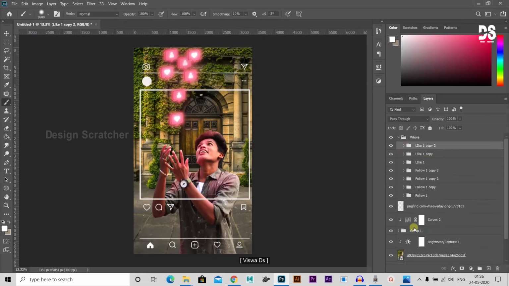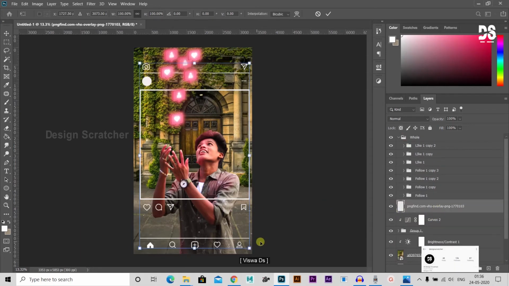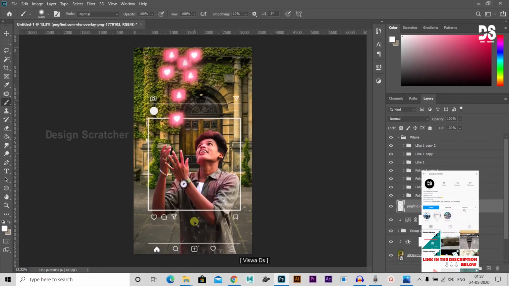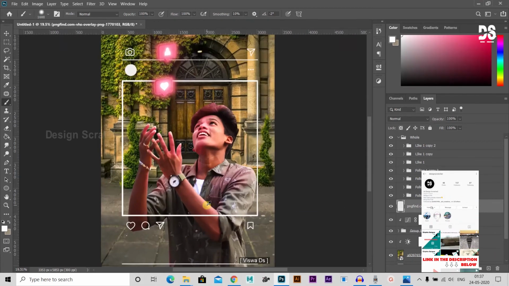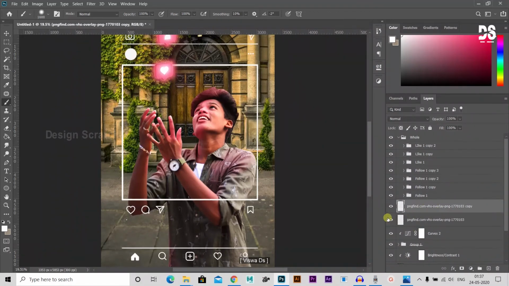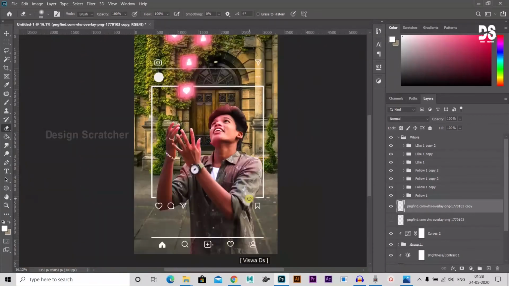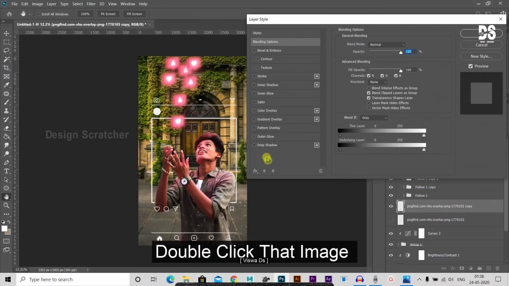Then use the brush tool with white and drag, and every photo will be white. It's easy. Then decrease the size some amount and fit it to the lines. It's nice. Then rub that area, the backside. It's a kind of 3D effect. Whichever area you do not want, rub it slowly.